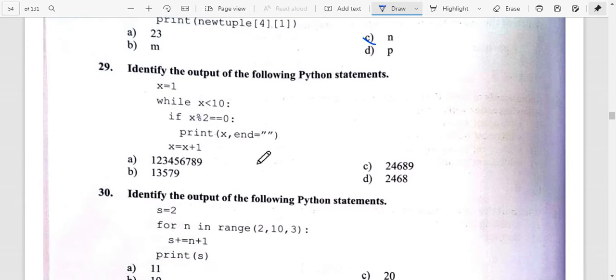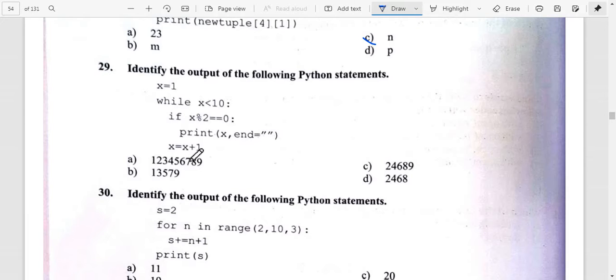Okay, question number 29. Identify the output of the following Python statement. Now x equals 1, while x is less than 10, if x mod 2 equals 0, then print x with end delimiter. So what will be the output over here?